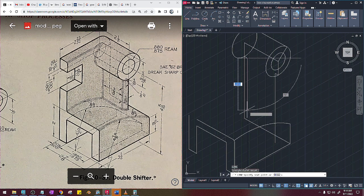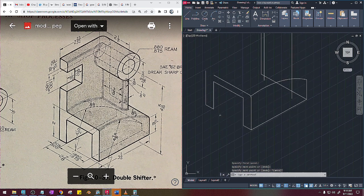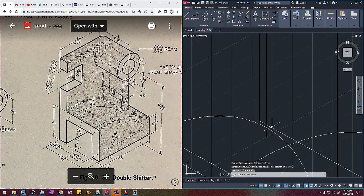So it looks like we are going to have to go back and put that 4.5 radius here in the middle from this point. So I'm going to start from this point right here where that circle comes down. I'm just going to go 4.5 down at 270, enter. And now I'm going to type EL, enter, I, enter, click here, 4.5. And now, where this line intersects this line,